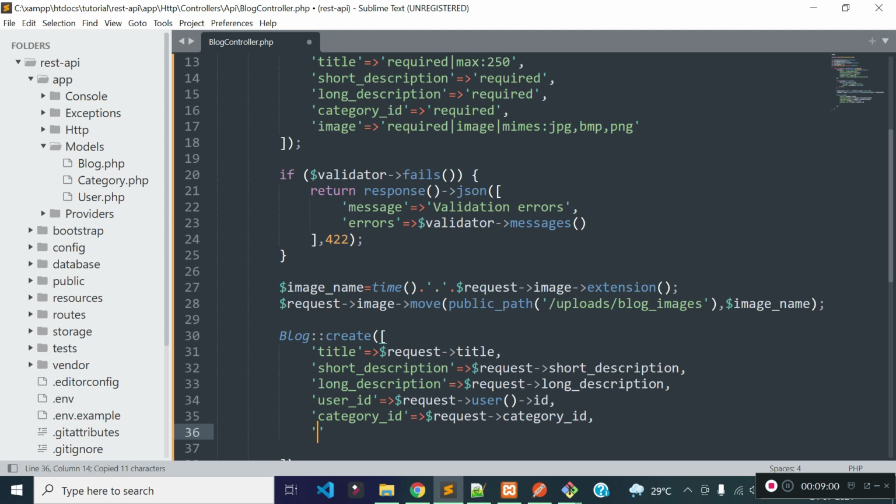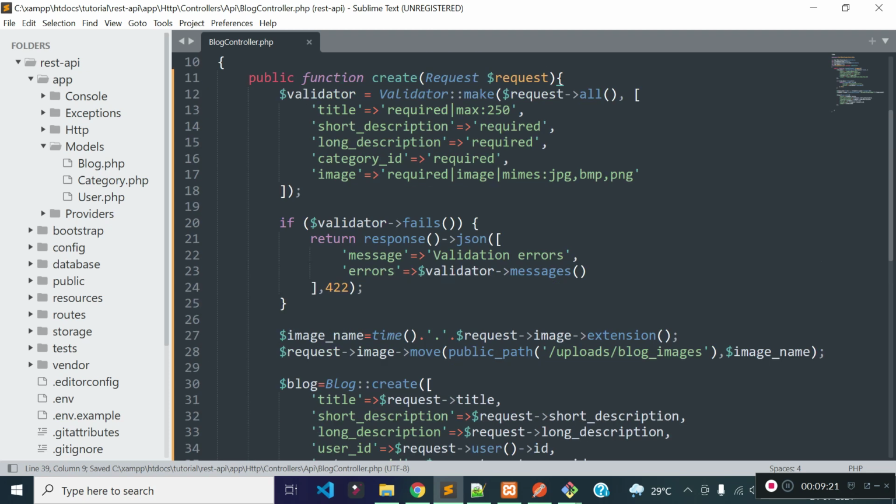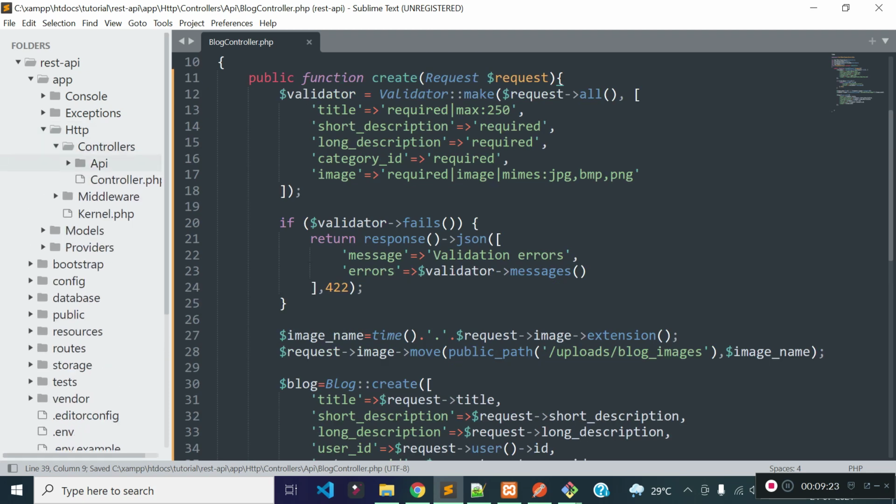Then the image name inside this image field. I'm storing image name to the image field, and I'll store this newly created block data to a variable called $block, and then I'll return a JSON response.